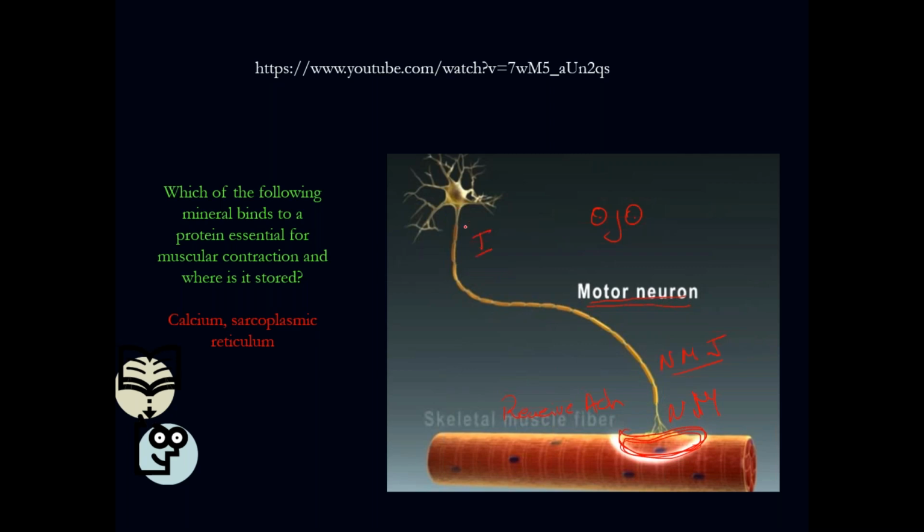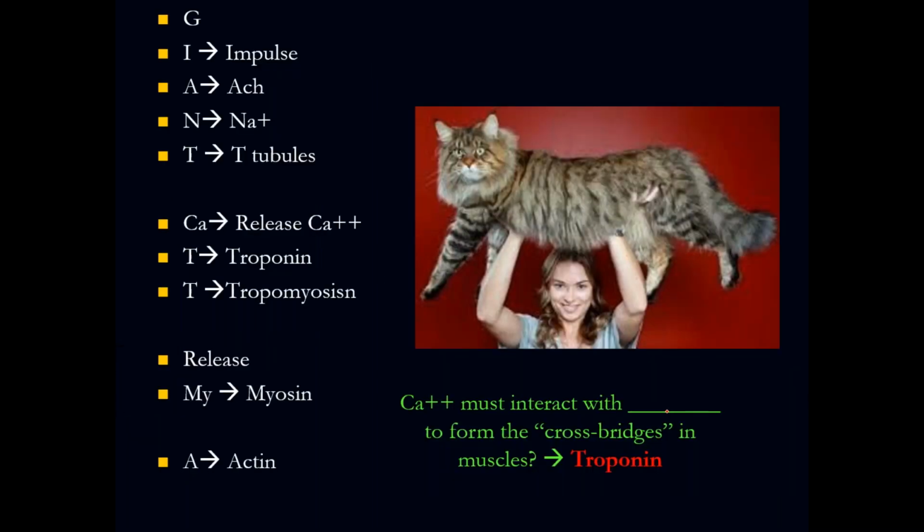So when the electrical impulse of the nerve comes all the way, the nerve is going to release the acetylcholine. So what is actually making the release of acetylcholine? The electrical impulse. The electrical impulse is going to release the acetylcholine, and where is the acetylcholine going to go? It is going to arrive at the neuromuscular junction. Okay, all right, so that is one part of what we are talking about, the muscle contraction, right?